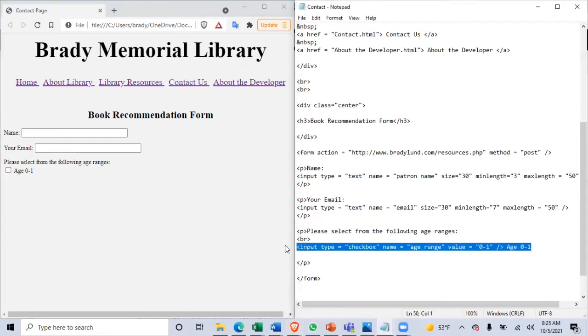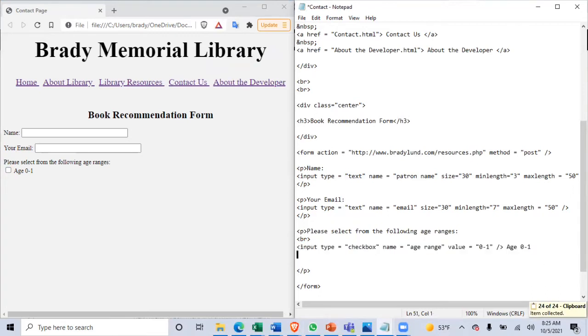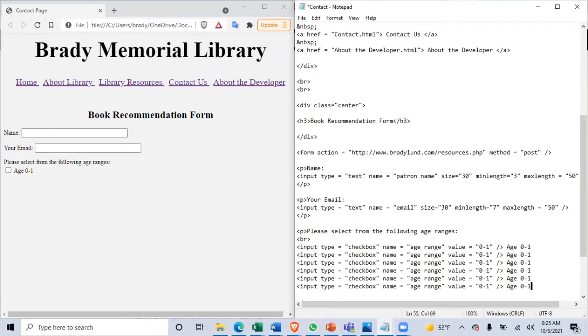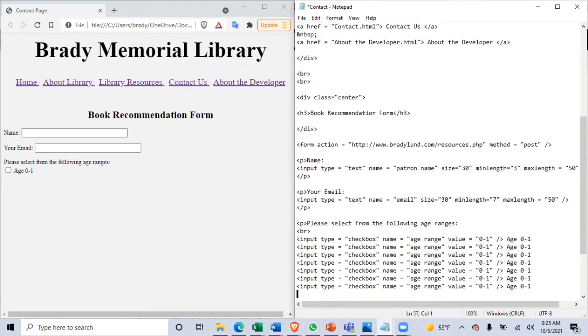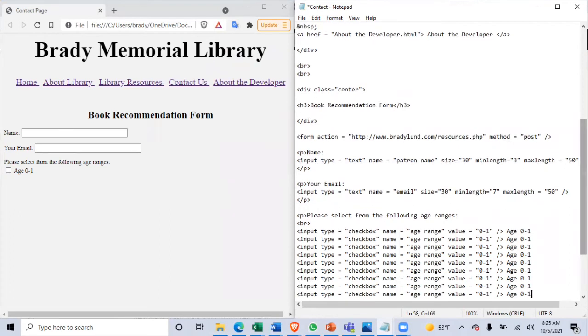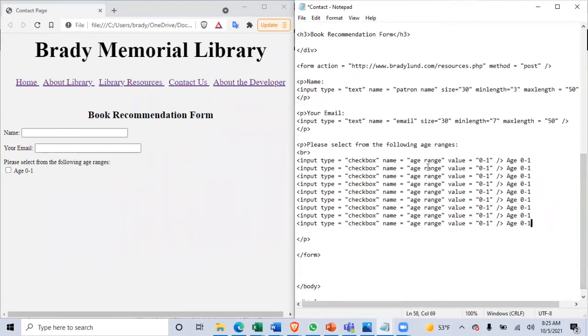Now I'm just going to repeat this to save some time. You can also just add it. But I'm thinking I want 1 to 3, pre-K to kindergarten, 1 through 5, 6 to 8, 9 through 12, and then 3 different adults. And what I'm going to do here is change these. So we'll select 1 to 3, age 1 to 3,